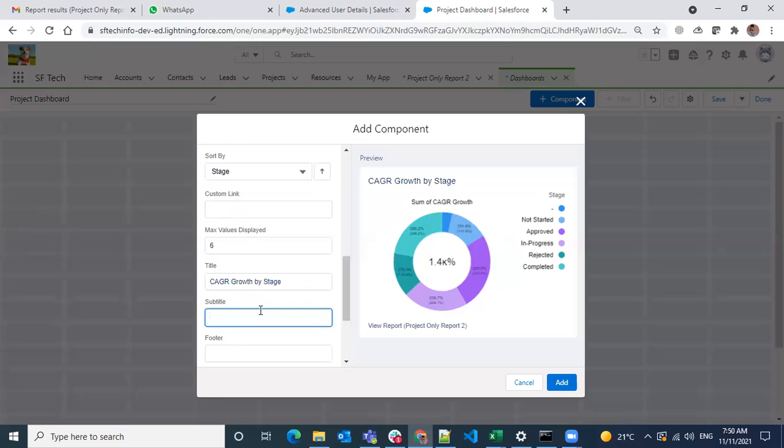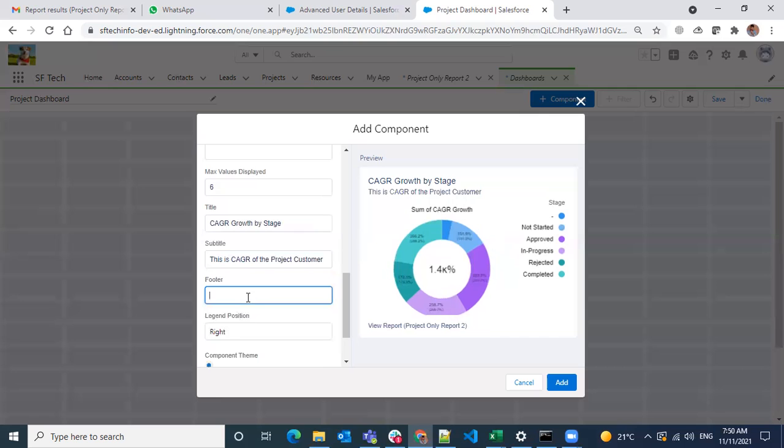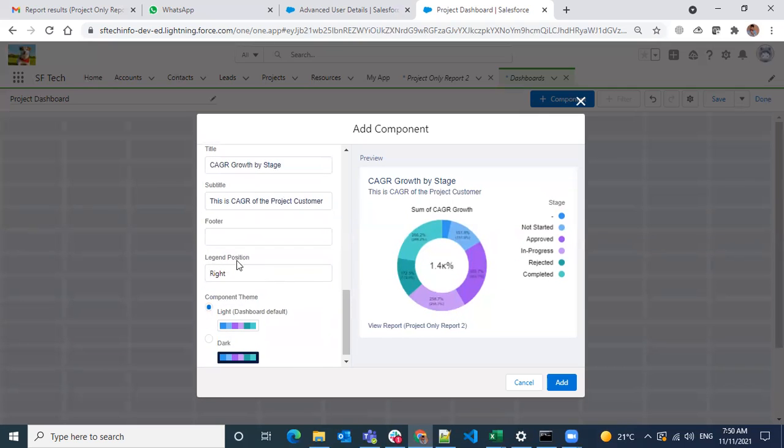Subtitle, this is CAGR of the project customer. Okay, if you want a footer, you can add the footer, and then a legend where you want